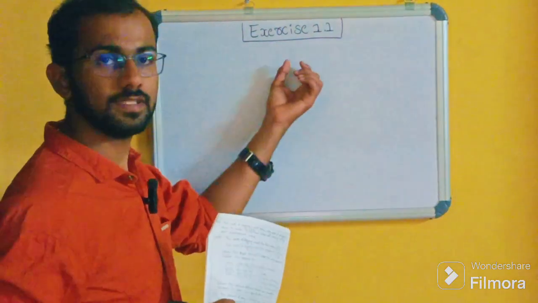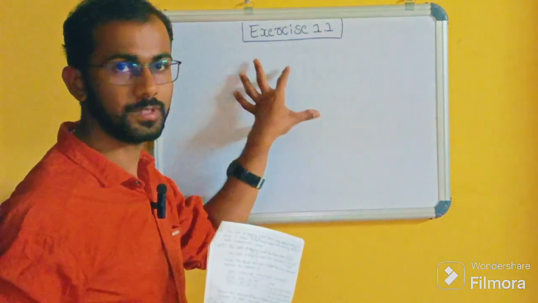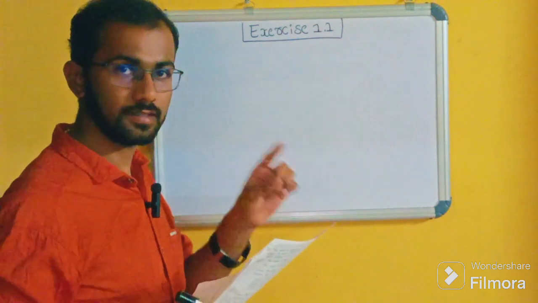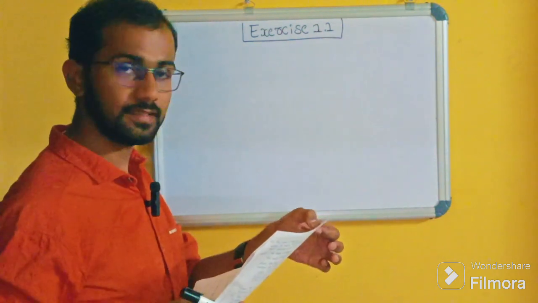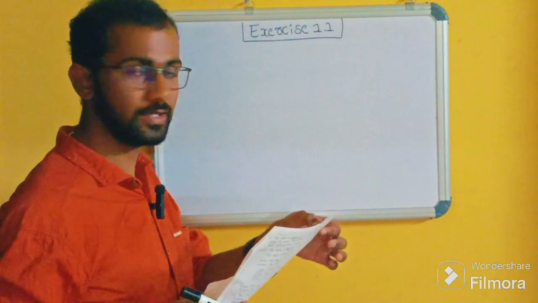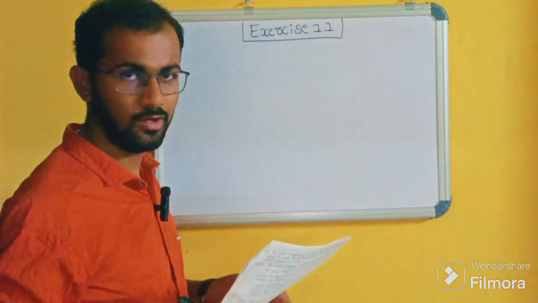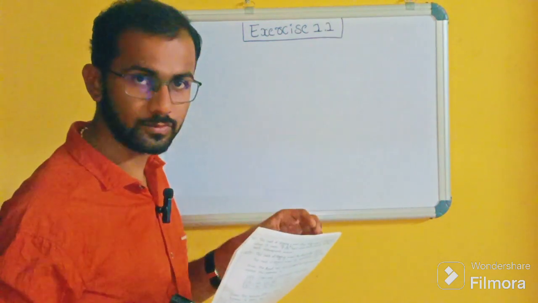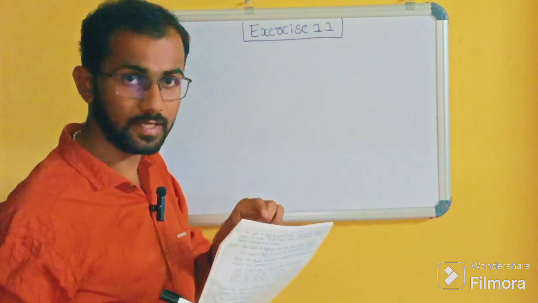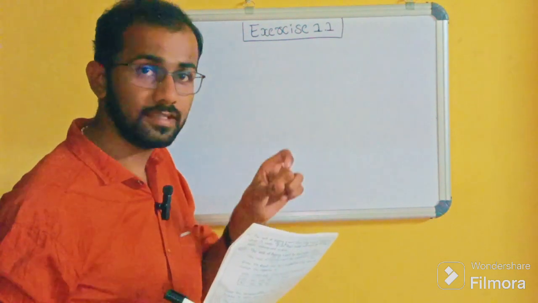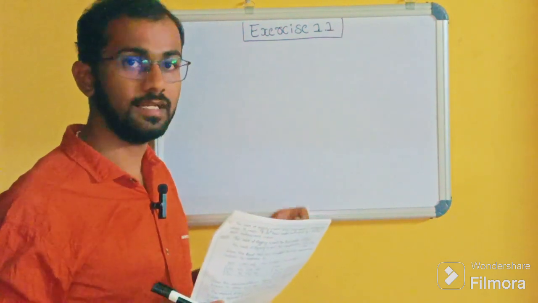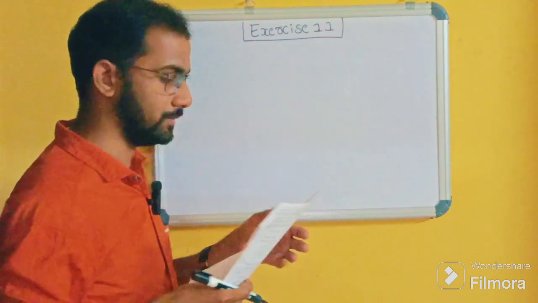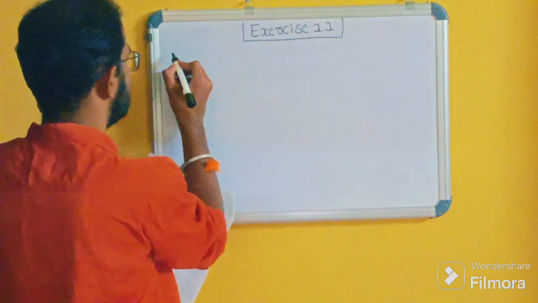Let's start with the first exercise, that is exercise 1.1. In this first exercise, they have given four sentences or four situations. According to those four situations, from the following data we need to find out whether the given sentence forms an arithmetic progression or not. So let's see how we can find out. The first question is,